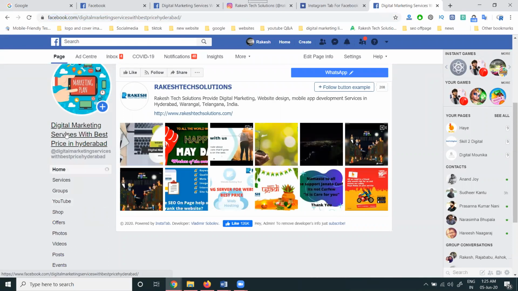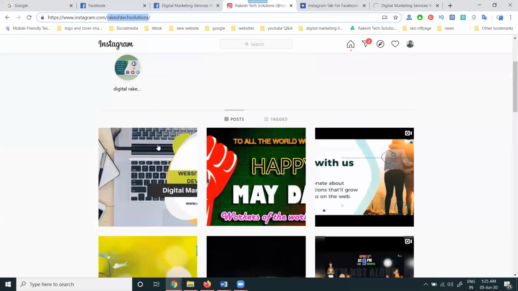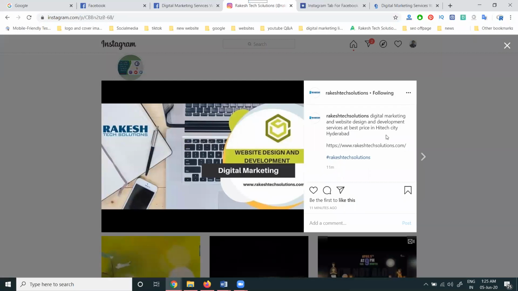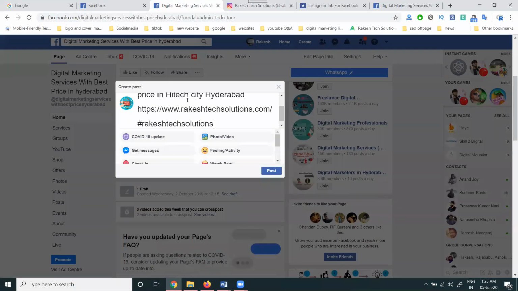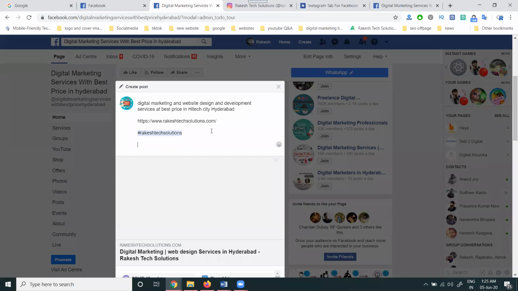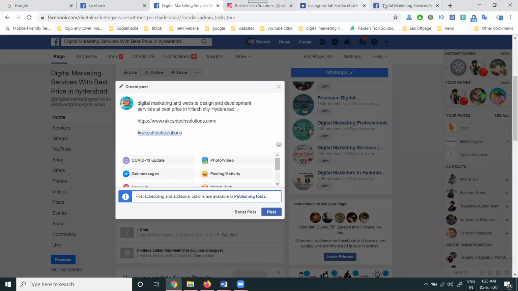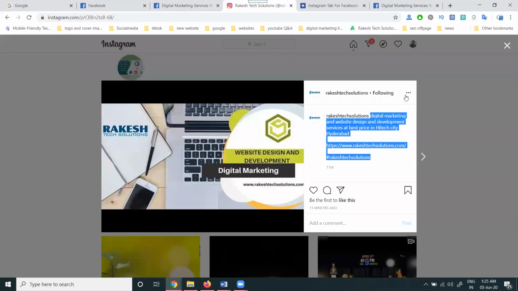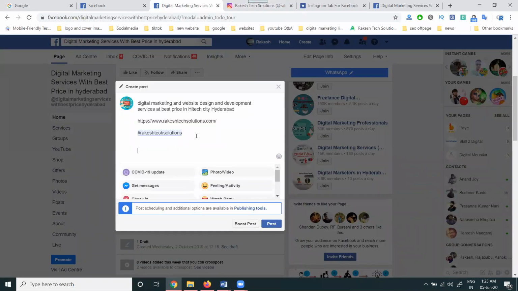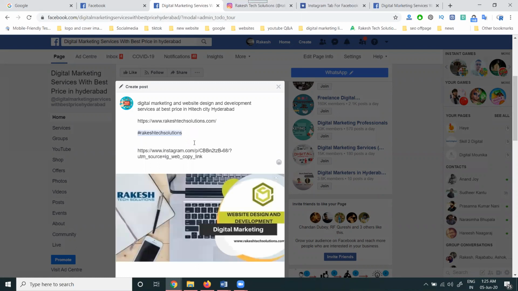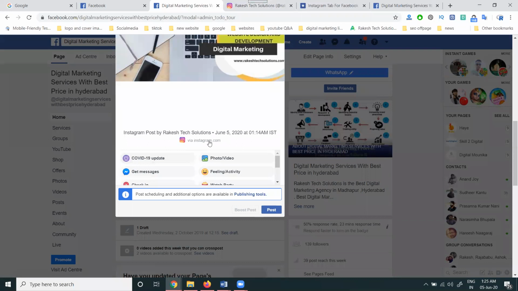Next thing, the content will be ready in this option. Second, whatever content you're posting will be here, along with the content you're sharing. Copy. Select the post option. Here, copy the link. Here it shows via Instagram.